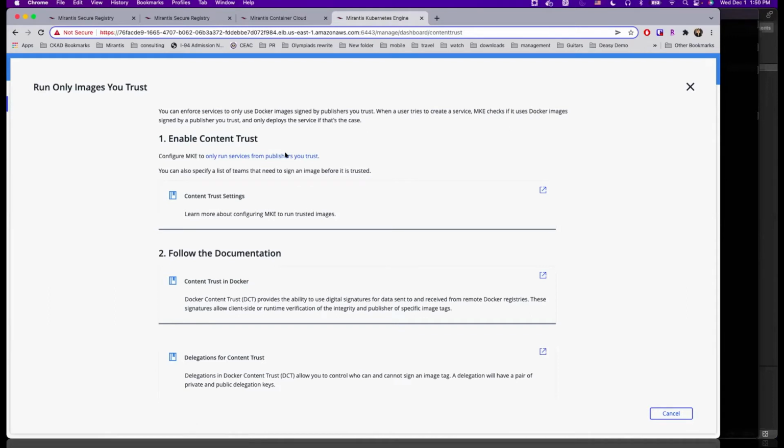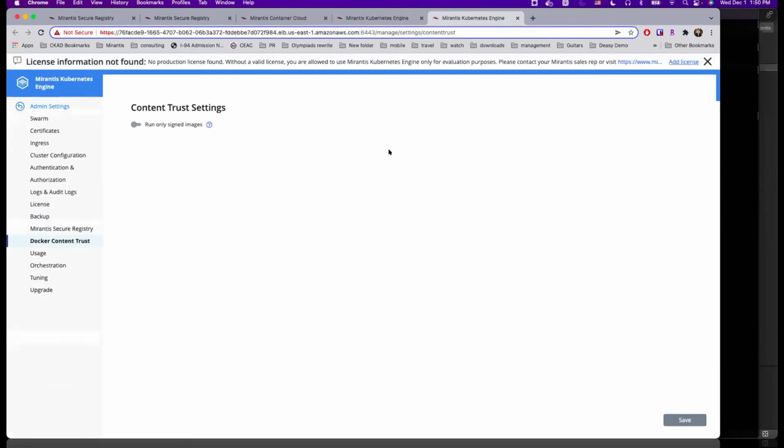Let's go ahead and configure that. This way, no unauthorized workloads can be provisioned onto your environments. I'm going to run that. Simple as going into the configuration and flipping a switch. So who said security is hard?